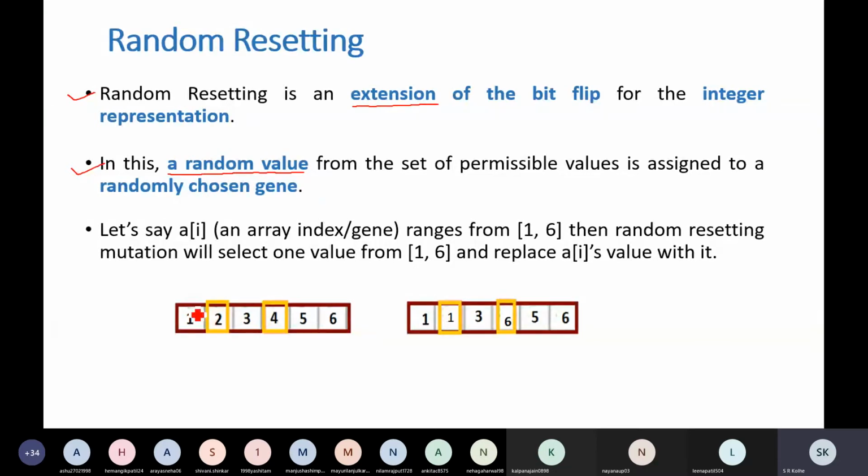For example, suppose our solution is S1. Here this gene is selected, or this digit is selected, the second one.